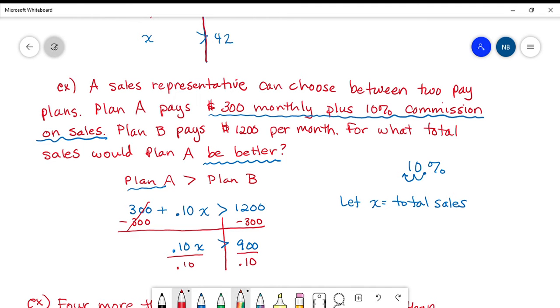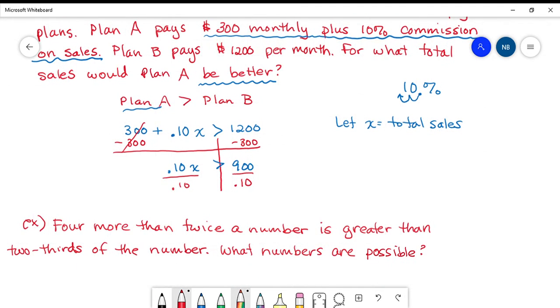What is 0.10 divided by 0.10? Well, when you divide a number by itself, you get 1. So we have 1x, or x by itself, is greater than 900 divided by 1/10, or 0.1, is